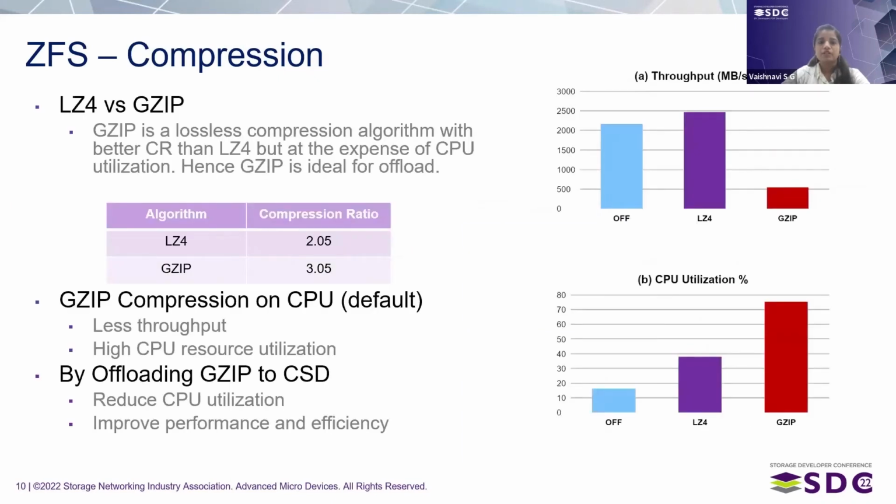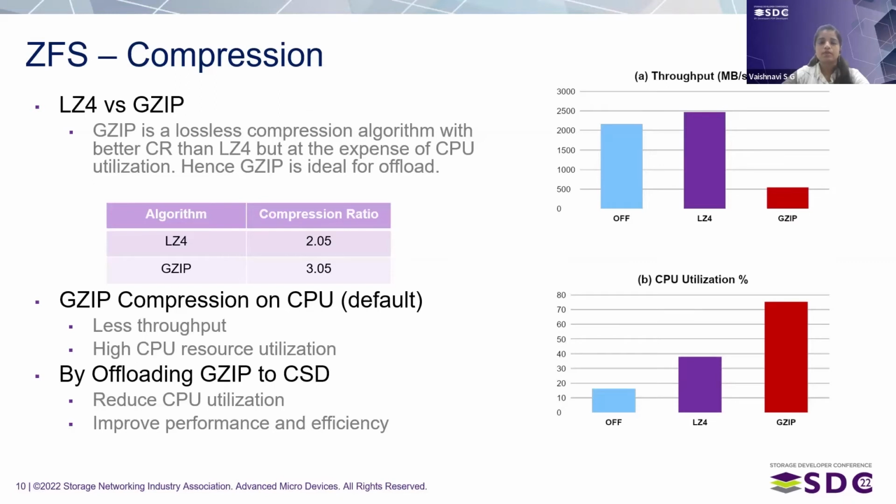Now ZFS compression is supported with different compression algorithms, which the user can choose at the time of pool creation. We have LZ4 and GZIP from level 1 to level 9. We have compared LZ4 and GZIP level 1 in terms of their compression ratios, throughput, and CPU resource utilization. As you can see here, LZ4 is efficient in terms of higher throughput and lower CPU utilization, but has a lower compression ratio, whereas the GZIP algorithm gives a better compression ratio, but consumes a lot of CPU resources